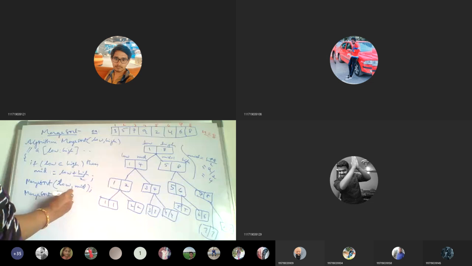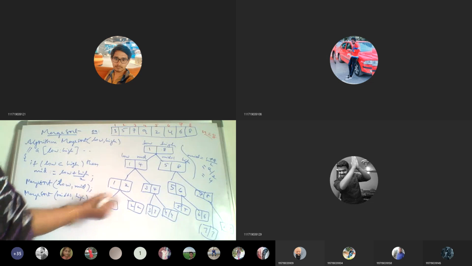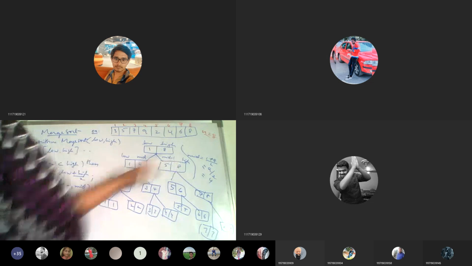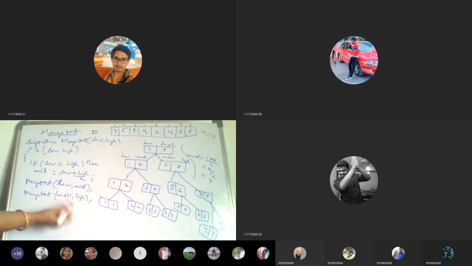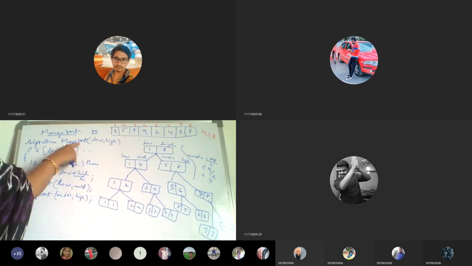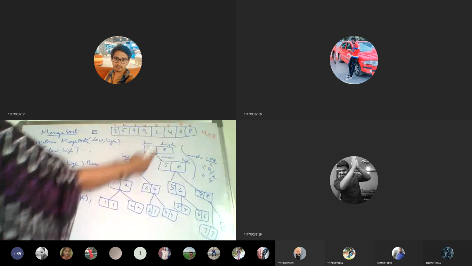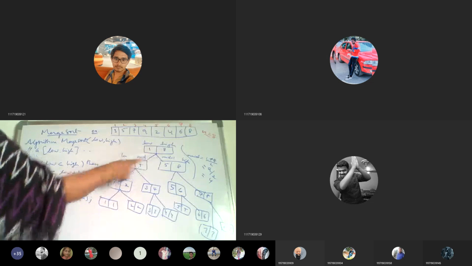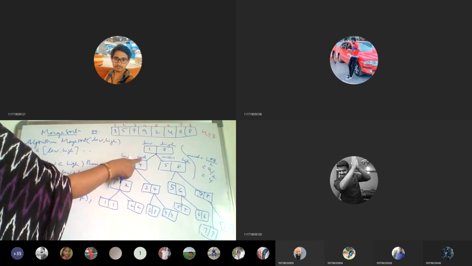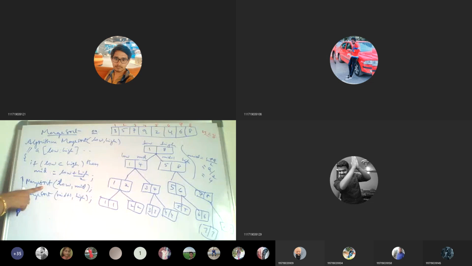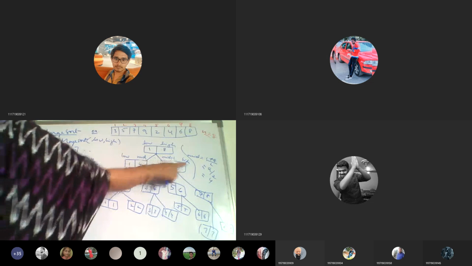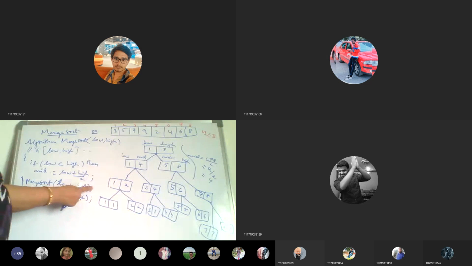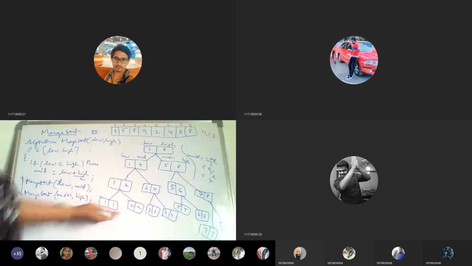And then the right sublist, where is it starting? Mid plus 1, high. So these are the functions we are calling recursively. See, here merge sort we wrote for low and high. But since it is a bigger problem, we are subdividing based on mid. So based on mid, it is becoming low comma mid, the left sublist, and the right sublist mid plus 1 comma high. Okay. So recursively these things will call and it will iterate till here.